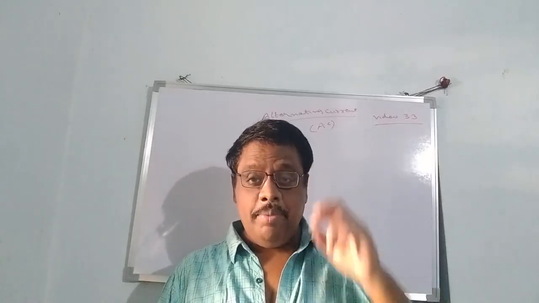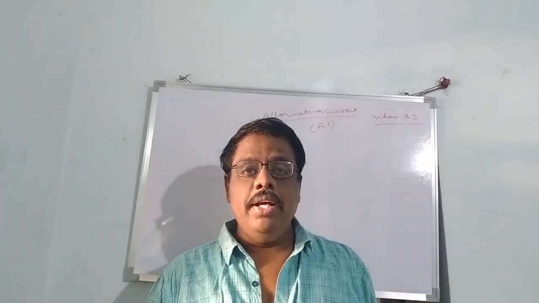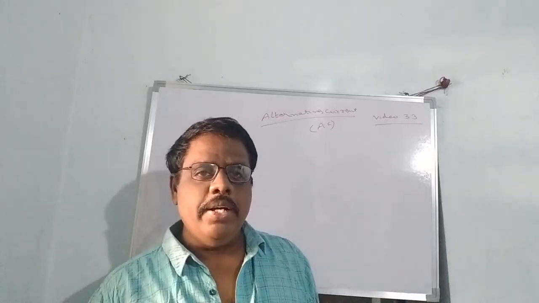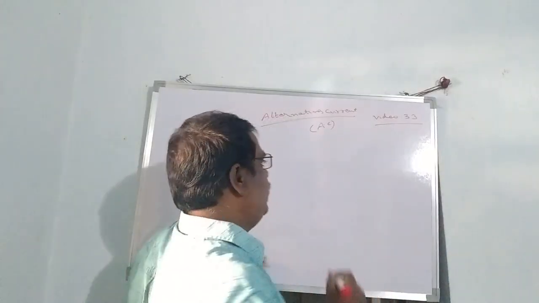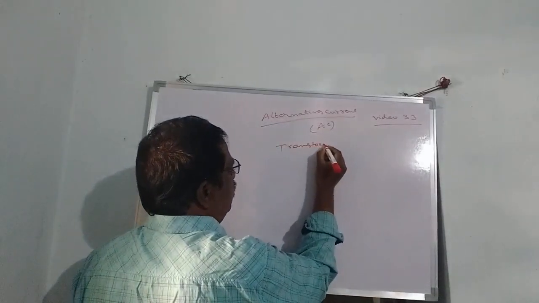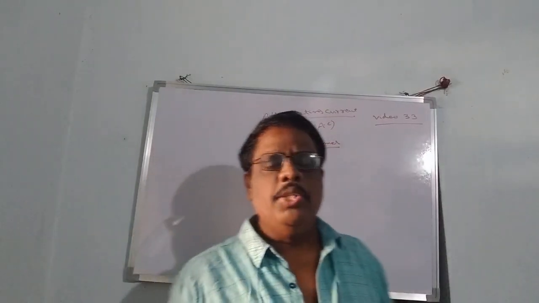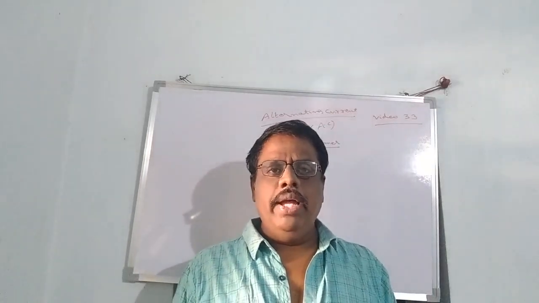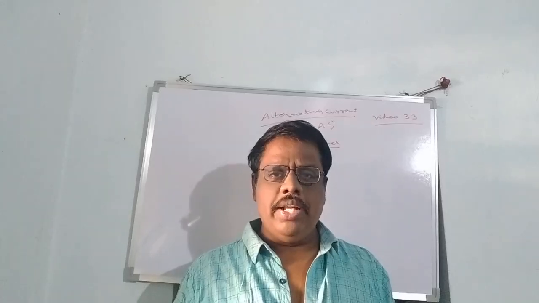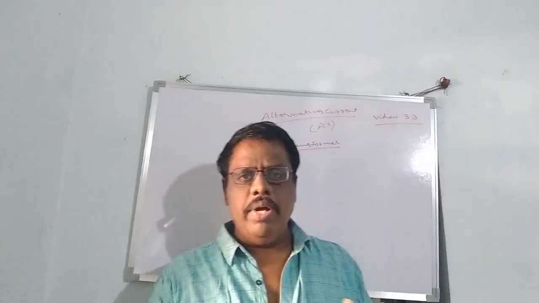Generally, alternating current means a current whose magnitude changes with time and whose direction reverses periodically. So they are called alternating currents. The important topics in alternating current, the first one is about the transformer. So what is a transformer? What is the working principle of a transformer? How many types of transformers are there? Where do we have to use these transformers? These are the important topics. So one by one we have to learn.